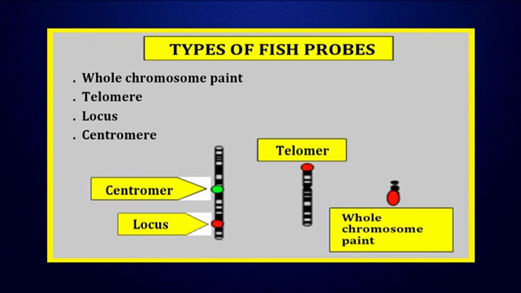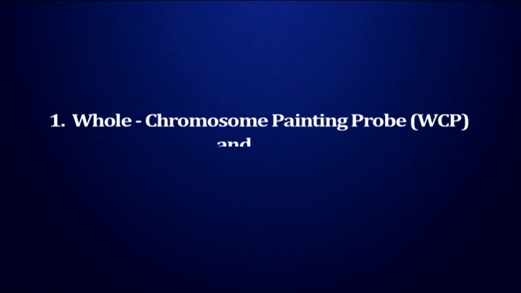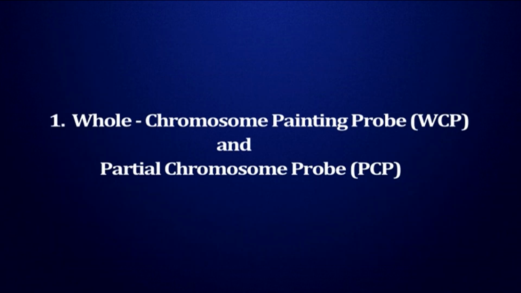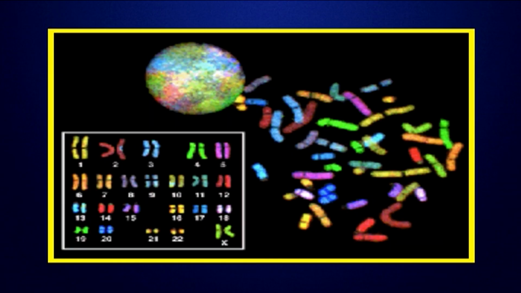The second type of probes used in the FISH technique are repetitive sequence probes and telomeric probes. They are specific for telomeres. The third type of probe used are locus-specific probes or locus-specific identifiers. The fourth type of probes are centromeric probes or chromosome enumerator probes. Whole chromosome painting probe, WCP, and partial chromosome probe. Routine application of the technique on human chromosomes started in the year